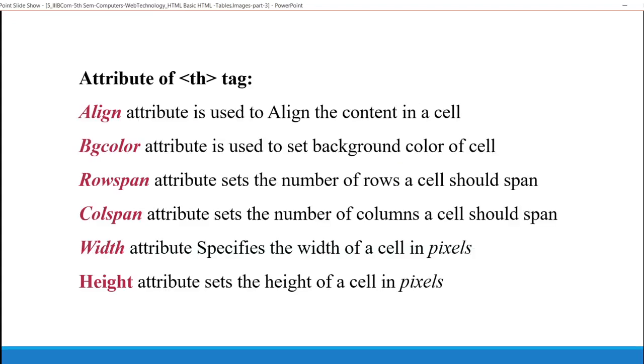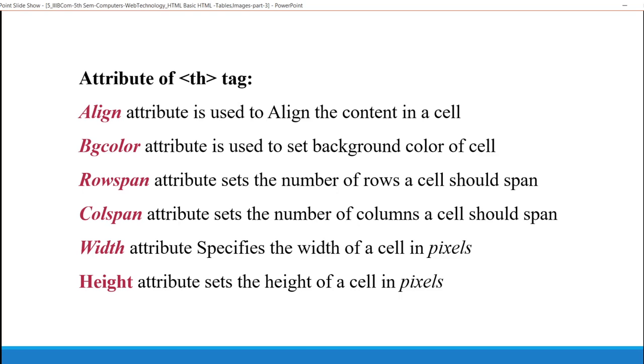Row span and col span. What is a row span? What is a col span? If I want to divide a particular cell into different rows or different columns, a single cell can be further divided into a number of rows or a number of columns.